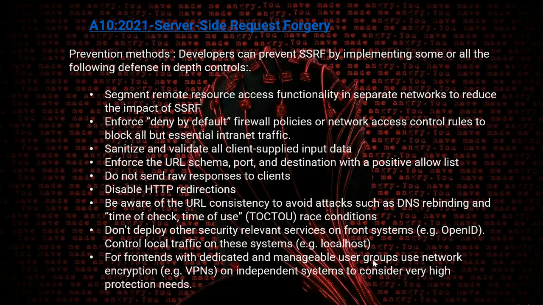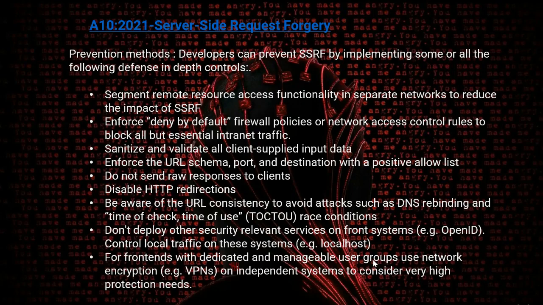And if you look at the prevention methods, developers can prevent SSRF by implementing some or all of the following defense in depth controls. Mainly, sanitize and validate all client-supplied input data, and segment the remote resource access functionality in separate networks to reduce the impact of SSRF. Also enforce deny by default firewall policies or network access control rules to block all non-essential internet traffic, do not send raw responses to clients, and disable HTTP redirections. Be aware of the